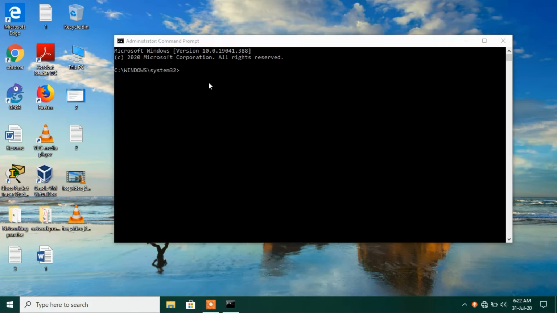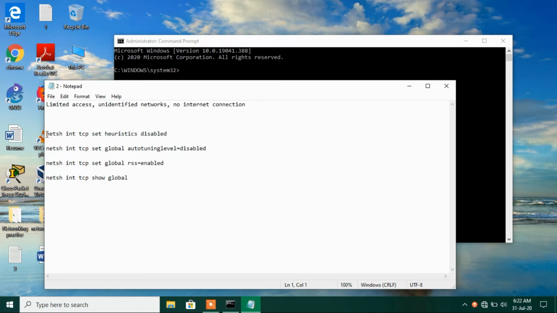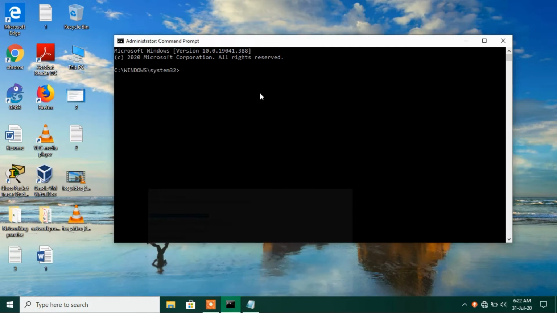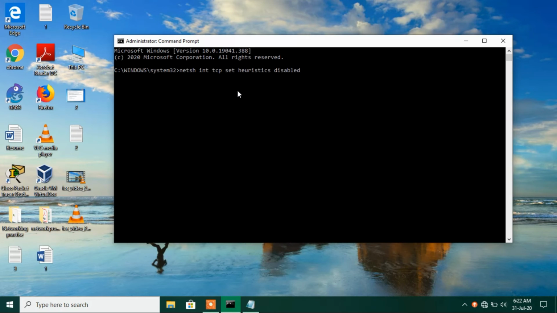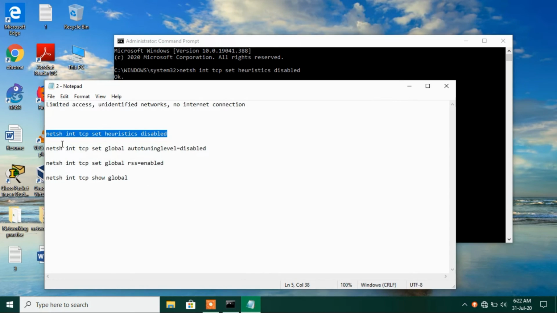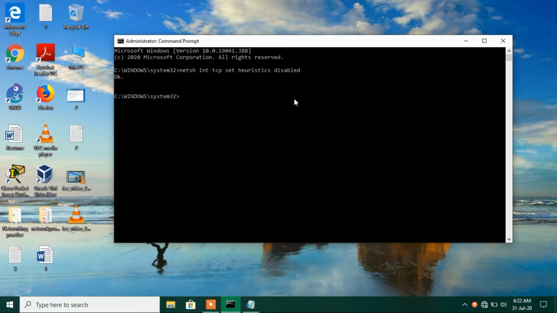Now you have to execute 4 commands. I'll give these commands in the video description. So just copy it and paste it and hit enter. Now copy another command and paste it again and hit enter.